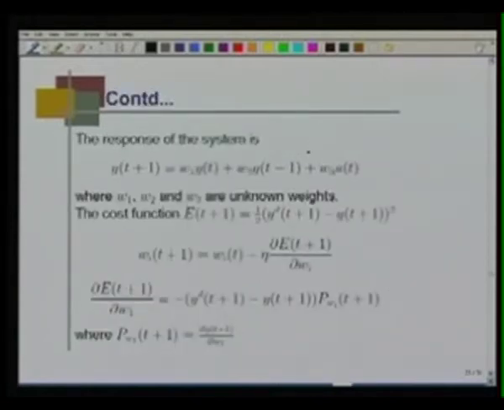So, the response of the system is W1 yt plus W2 yt minus 1 plus W3 ut, where W1, W2 are unknown weights. Cost function, instantaneous cost function. So, Wi(t+1) is Wi(t) minus, this is the gradient descent rule, and as usual real time recurrent learning means we put our usual error term into the gradient information at t plus 1. So, we have to now compute the gradient information ∂y(t+1)/∂W1 in terms of the gradient information